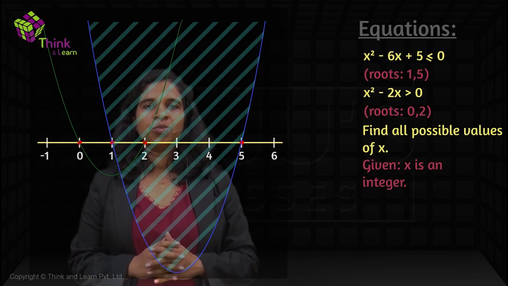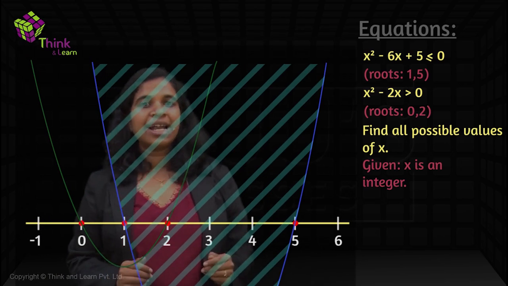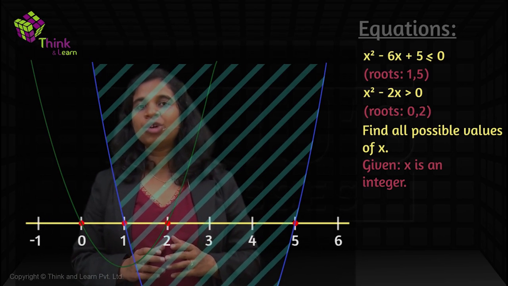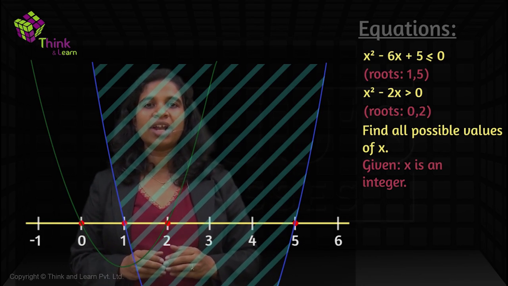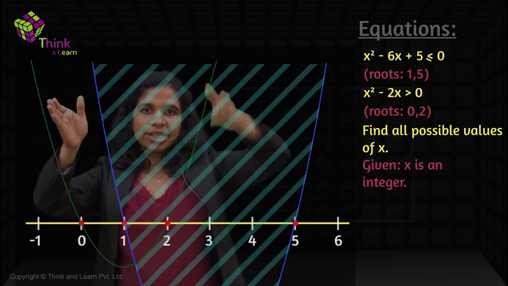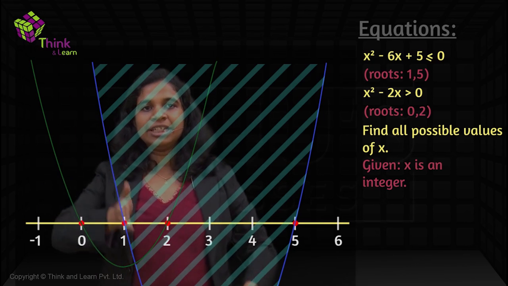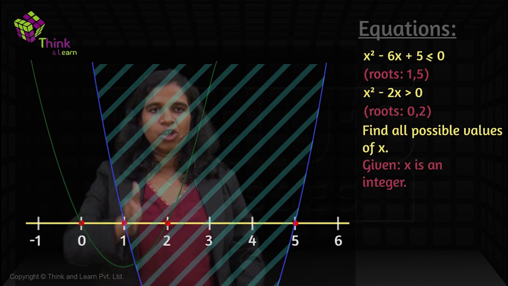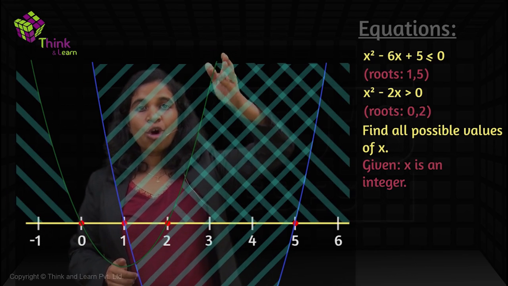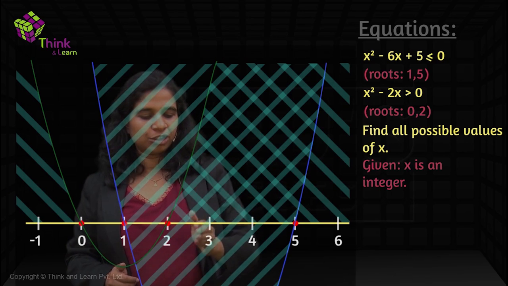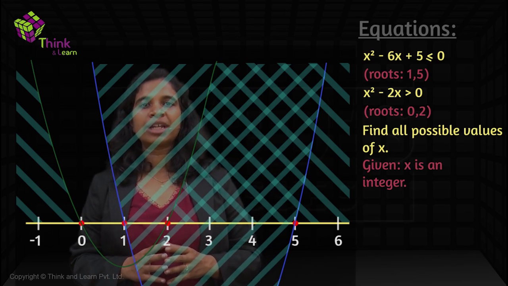Now let's look at condition 2. This is the second graph, the green one. The condition here is that it's greater than 0. Not greater than or equal to, but greater than 0. Greater than 0 means above the x-axis. Where does this graph lie above the x-axis? This part and this part, right? If you look at the corresponding values of x, this part is all values of x less than 0. And this part is all values of x greater than 2. So this part, everything greater than 2. Now the two shaded regions, look where they overlap.